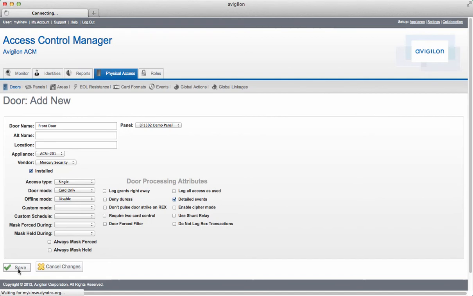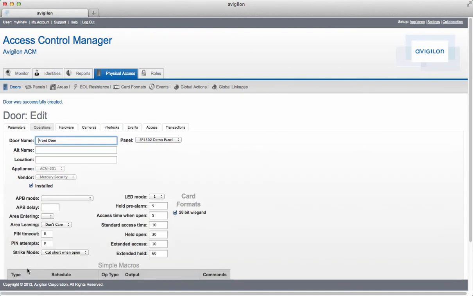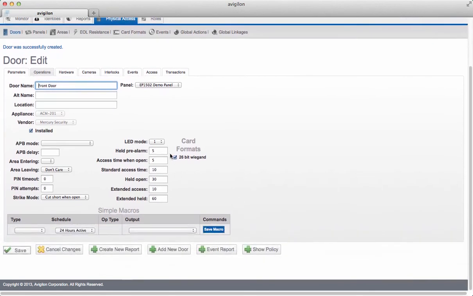I'm going to go ahead and hit save, just keeping this simple. Next up is my operations tab. Again, this is a wizard-driven part of the product, so it's going to automatically take me to the next tab. Just to keep it simple, one of the things that I do is I don't